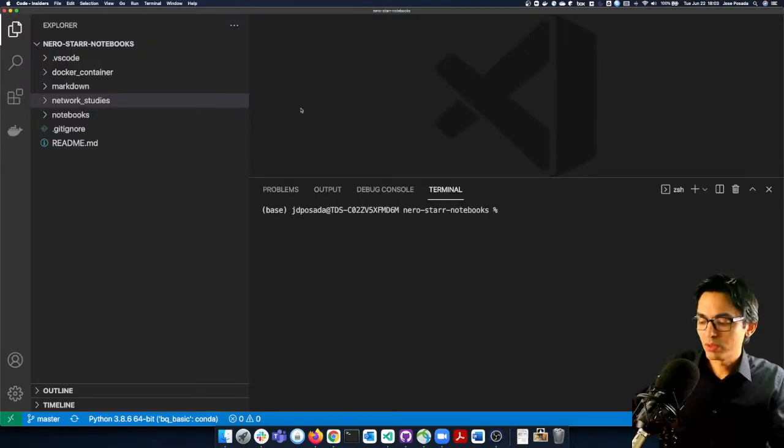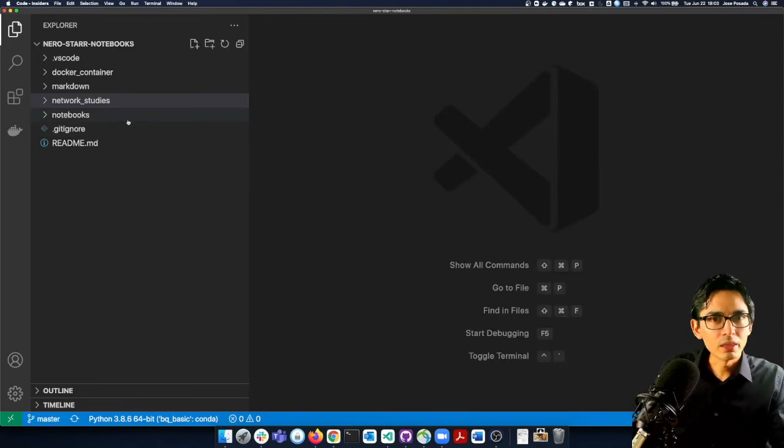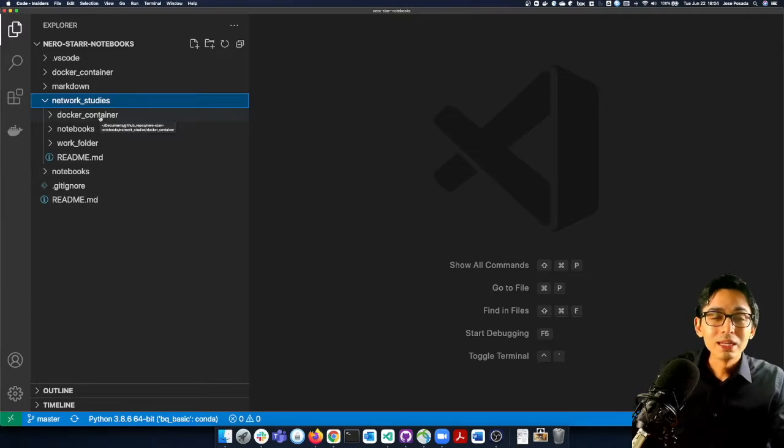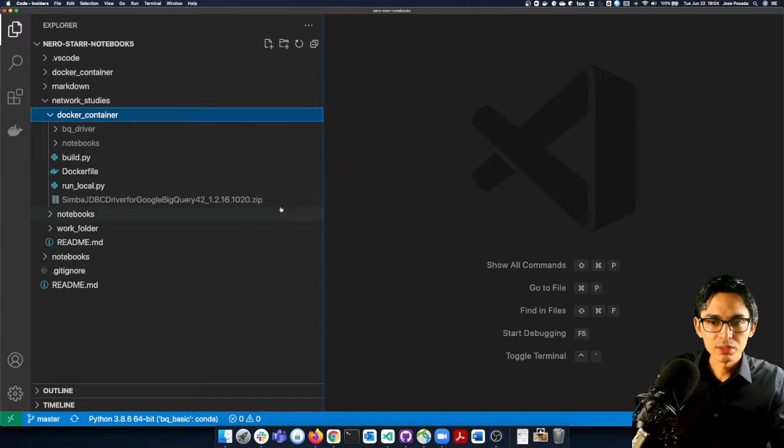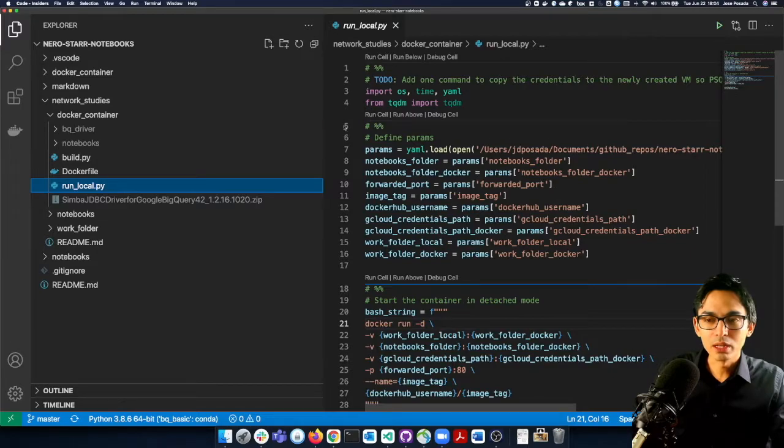What you see here is that we have the folders that are in the web repository: Docker container, Markdown, Network Studies, Notebooks. And for this video, we're going to focus on this folder, Network Studies. And the folder to download the JDBC drivers should be in this Docker container folder. I already downloaded them, and it's here, and it's a zip file. I'm using this particular version, that is the latest version that you can find on the web. Once you download these drivers in this folder, then we can proceed and use this run_local.py